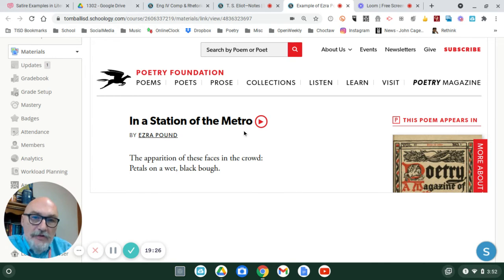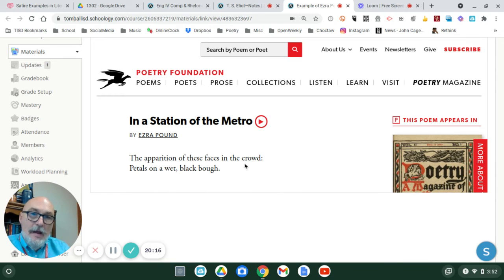In particular, the station of the metro is like the subway line in Paris. And what Ezra Pound is establishing is a connection with an industrial human city landscape and merging it with a natural phenomenon. That's something that occurs anywhere around the world in the springtime. These are the petals that appear on trees, like what's happening right now with the pear blossoms opening up all over the place. So the metro line, you have the people waiting for the train to appear, and